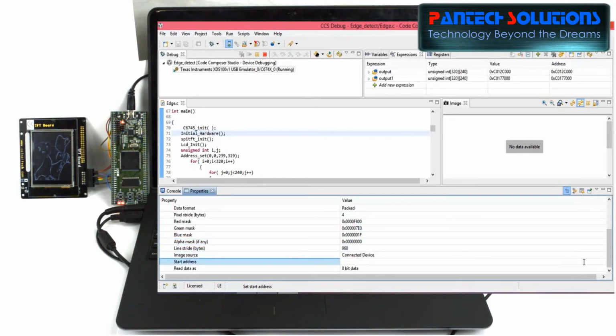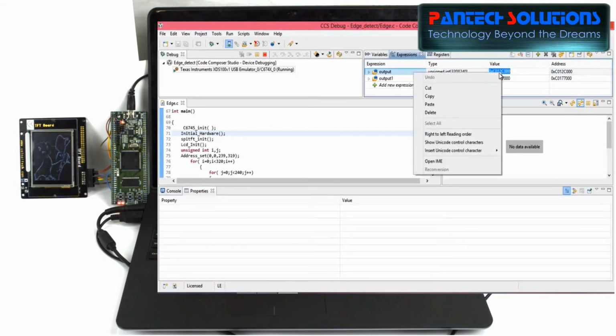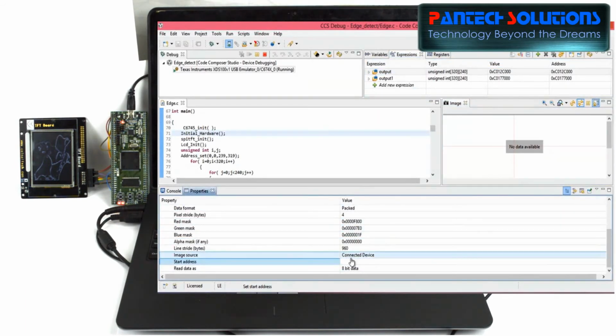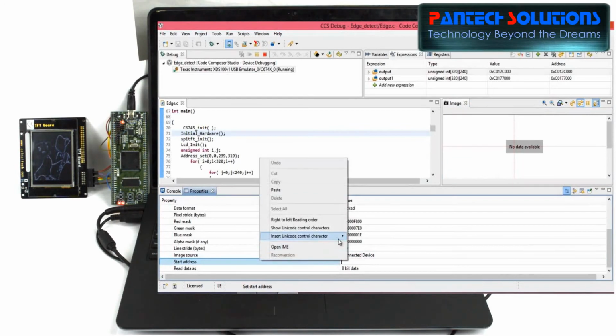To get the pixel values, we have to enter the starting address, because we stored the input pixels or output pixels in some variable. So every variable contains some address. So first we have to find the input image address. So here we stored our input. So just copy that address and paste it into starting address.